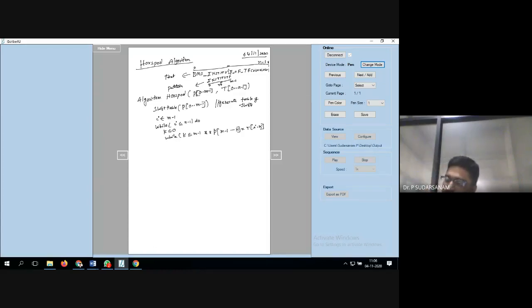Actually, you have to write it like BMS here. So the total I value is nothing but m minus 1. So the text is T of I minus k. I is m minus 1, this total length, and k is nothing but 0. So that means what will happen? We will be checking the first characters. That is the condition for this. So this one is the do.